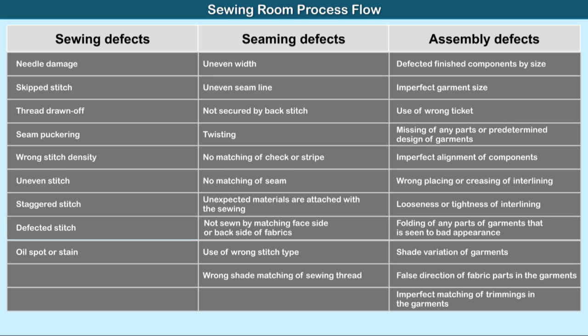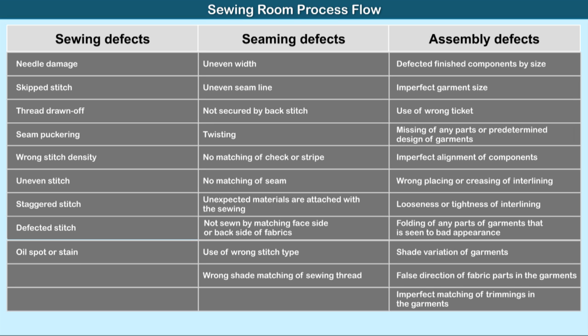The sewing defects are needle damage, for example, thread drawn off from the fabric or making of large holes in the fabric, skipped stitch, thread drawn off, seam puckering, wrong stitch density, uneven stitch, staggered stitch, defected stitch, oil spot